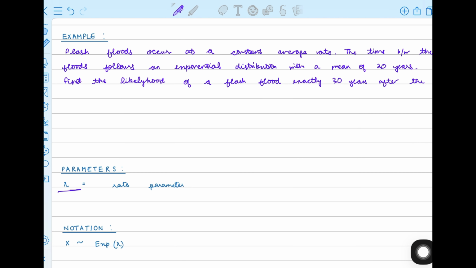Now, to solve the question, it's important to identify the parameter lambda. Since the exponential distribution has a mean of 20 years and we know that the mean is equal to 1 upon lambda, therefore we have 20 is equal to 1 upon lambda, which makes lambda equal to 1 upon 20. The probability that the flood occurs exactly 30 years after the previous one is given by